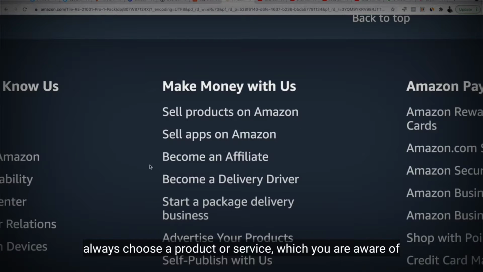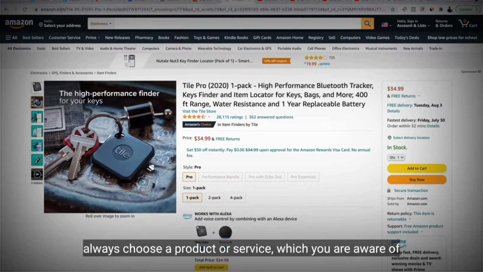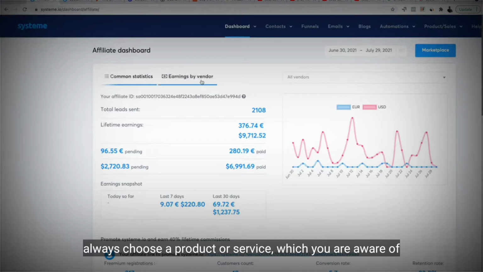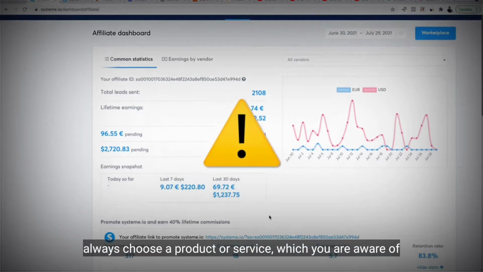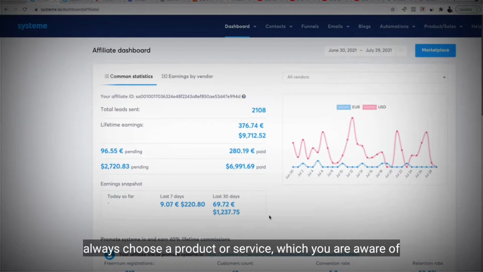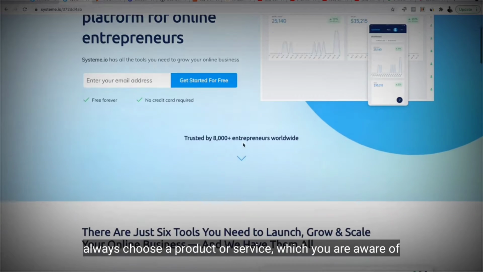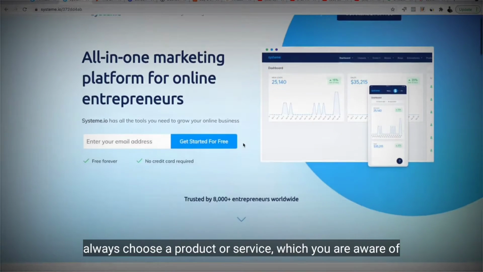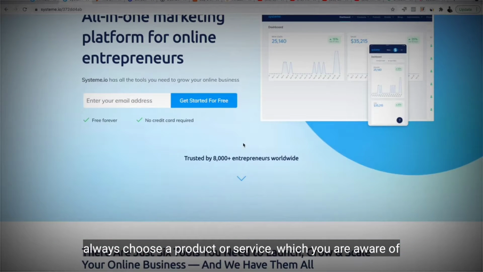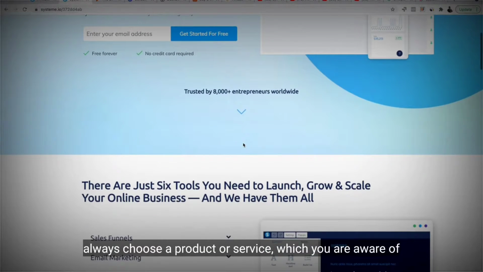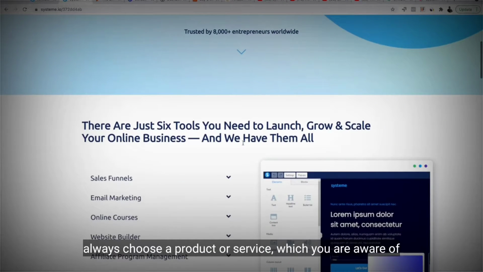And now, let's go back to my first example, which is the tool I'm actually using and promoting to my audience. And here is something very important. You have to remember this. Do not promote tools or products that you don't like. Only promote products and services that you love and you think are high quality. And this is why I promote System.io, because I really love it. I think it's very beneficial, because it's cheap, it's very reliable, and very powerful.